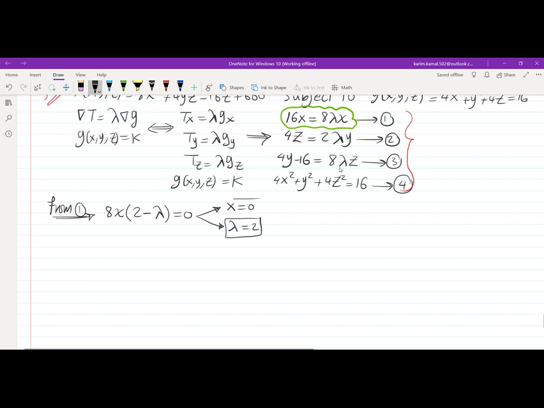يبقى انت محتاج تكمل البروبلم إنك تجيب لي y و z ولامدا لكل كيس. يعني انت محتاج تعمل إيه؟ عند أول كيس لازم تجيب y و z ولامدا، وعند تاني كيس لازم تجيب لي x و y و z كليرلي عند كل كيس من دول. تعال نبدأ بكيس واحدة منهم. If lambda equals 2، لو أنا بصيت يا جماعة على إيكويشن نمبر 2 حطيت هنا فيها اللامدا إيكوالز 2